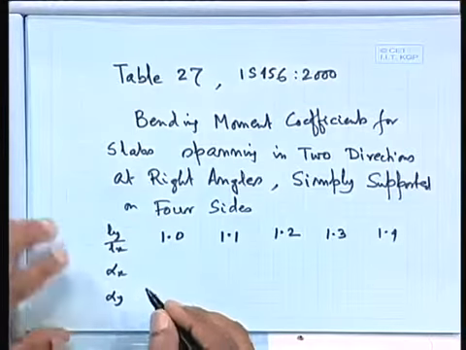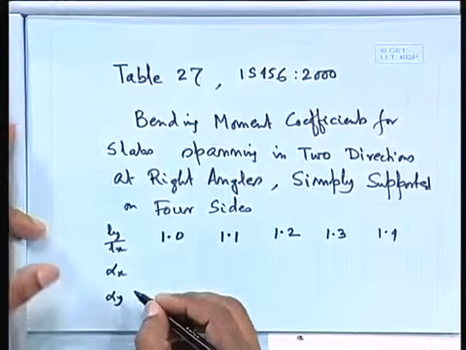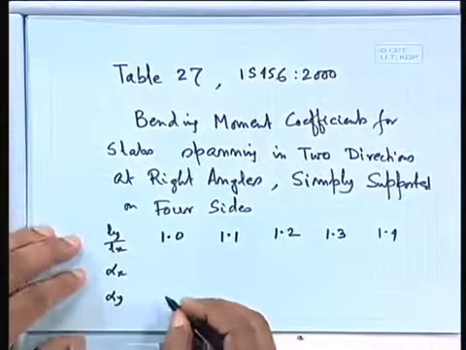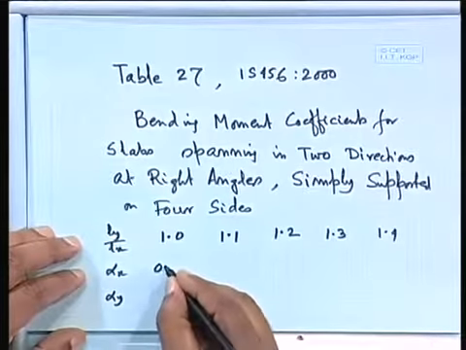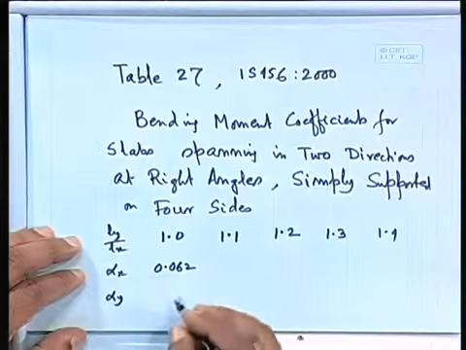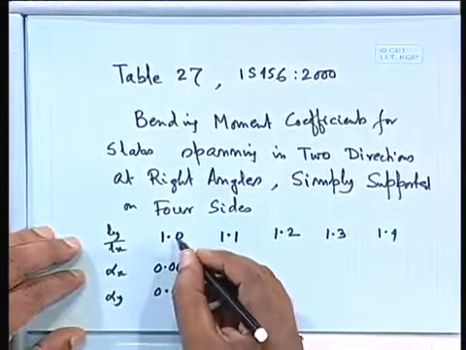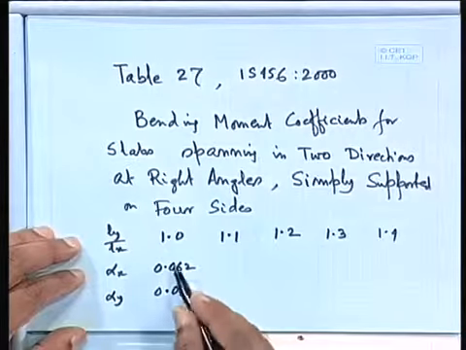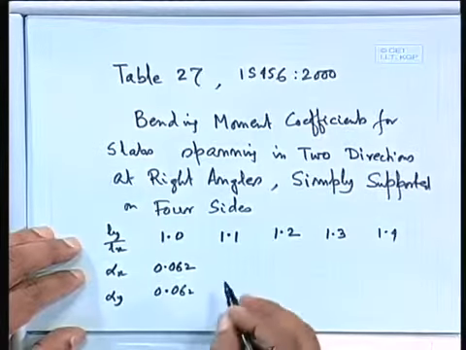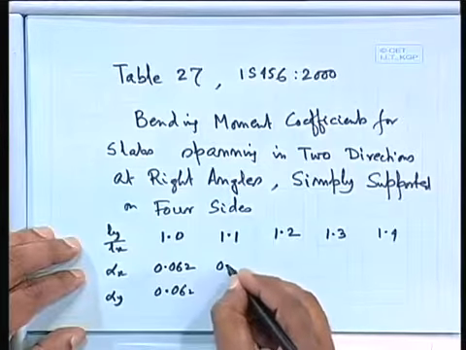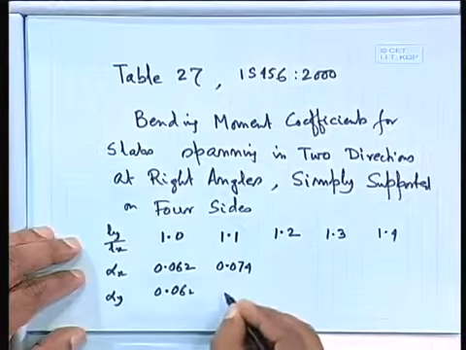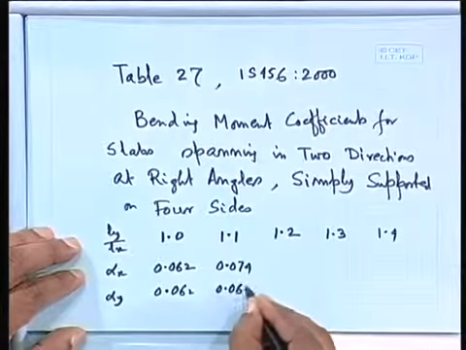The same thing. Please note alpha x, alpha y here and beta x, beta y are the same thing in this case. And we are getting those values 0.062, 0.062. Obviously it should be the same, because when you are getting Ly, Lx the same, you should have equal share. Then 0.074, and you see this is decreasing.